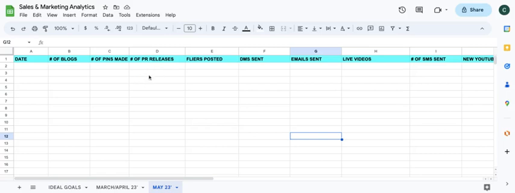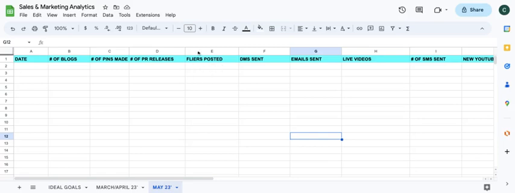So how many PR releases were sent out that day, or was nothing sent out that day, or is that something that you do weekly, or probably most people do it quarterly or monthly? And PR helps you to get visibility and helps you to get notoriety really, really fast, especially when you leverage the right platforms.